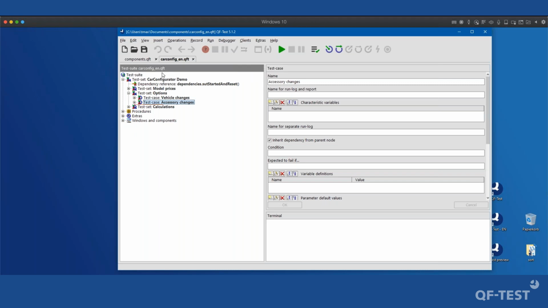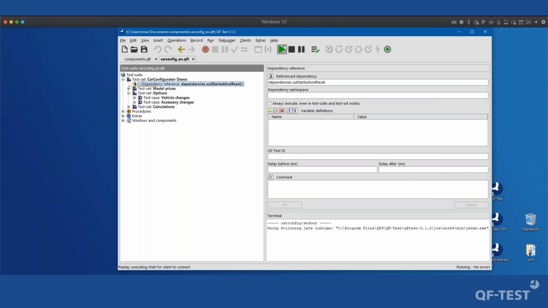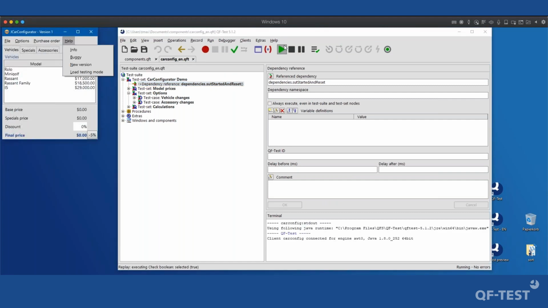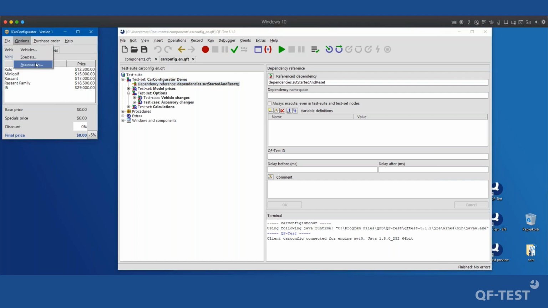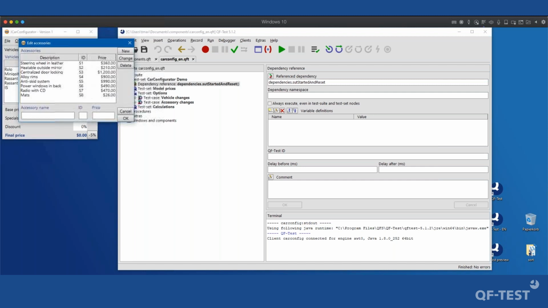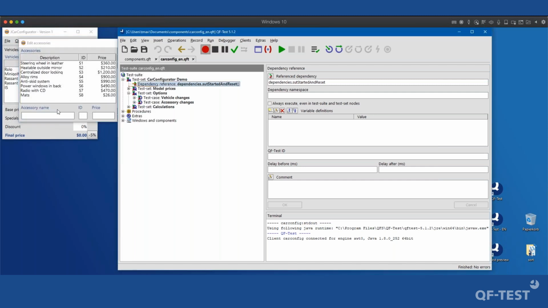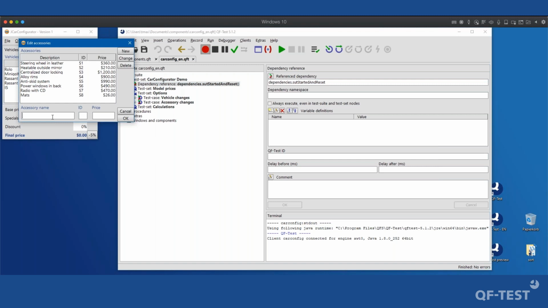As I said, 50% of the problems with components are not connected to component recognition issues. They are more test workflow issues. Imagine you have those small applications. Most of you might know them from some training or even from the QFTest tutorial included in the installation. Those car config QFT files are also in the QFTest installation. Imagine you have one test case, and this test case is opening some kind of dialog, for example this one. And then in this dialog you would have some clicks on a component, like here, and then you're entering some